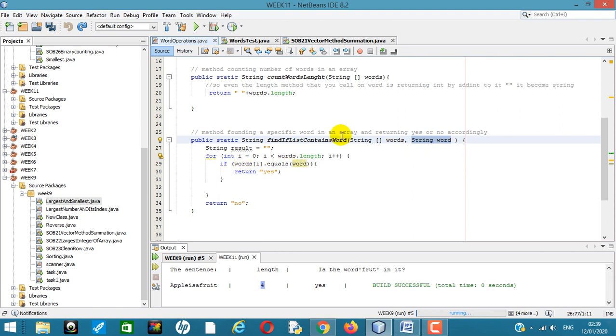Why? Okay, let's explain it. This method is gonna contain a string and result. String called result equals 0, nothing. And after that we use the for loop: int i equals 0, i smaller than the word's length. You remember we do this one the same. You can know it by heart, but you know what that means. And i plus plus, we're gonna keep adding i up until we achieve the length